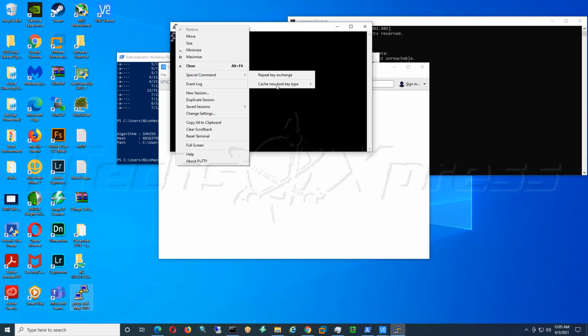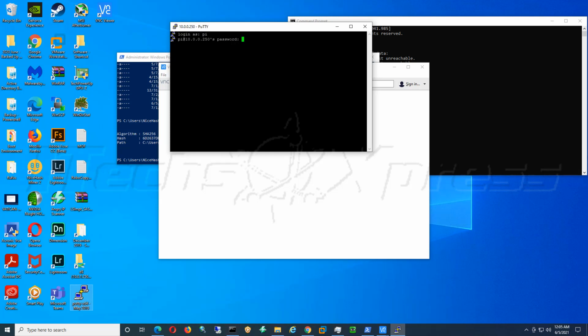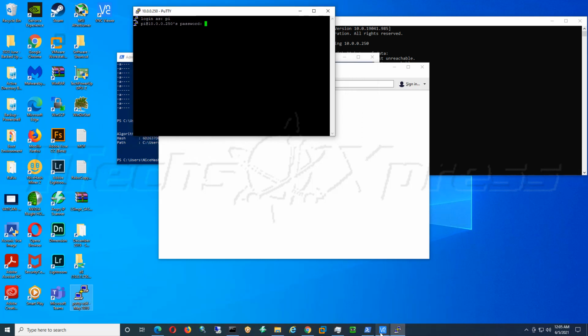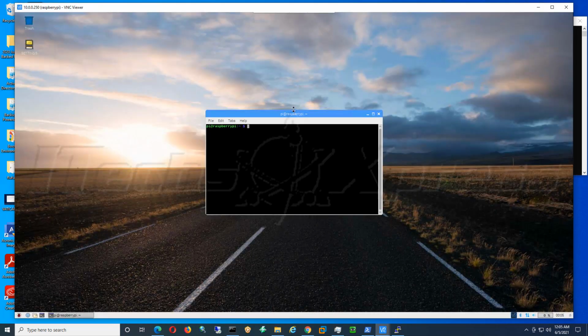Special command. Nope. Nope. I need to type in the password itself. I'm not gonna do it right now, but I could just type in my password and then I will be able to SSH into it. But for right now, now that we're logged in,